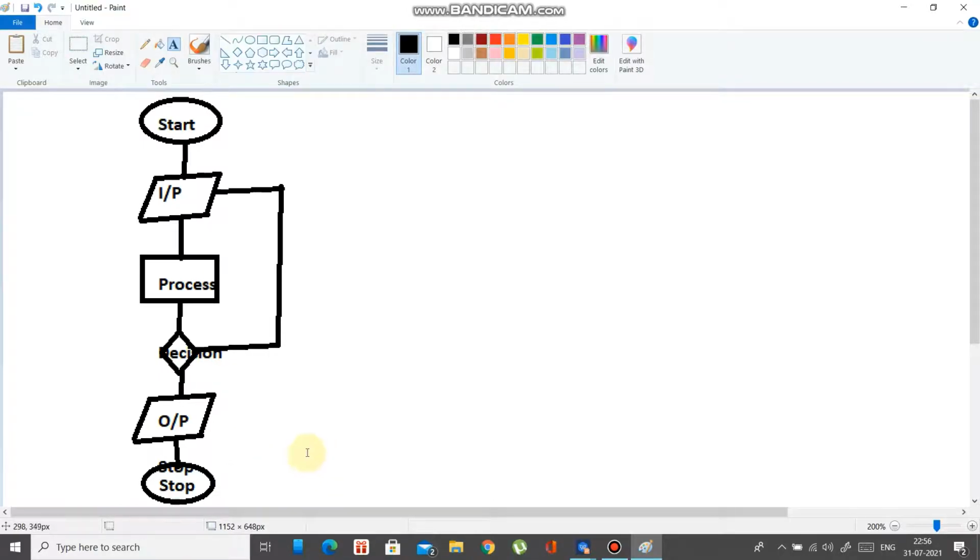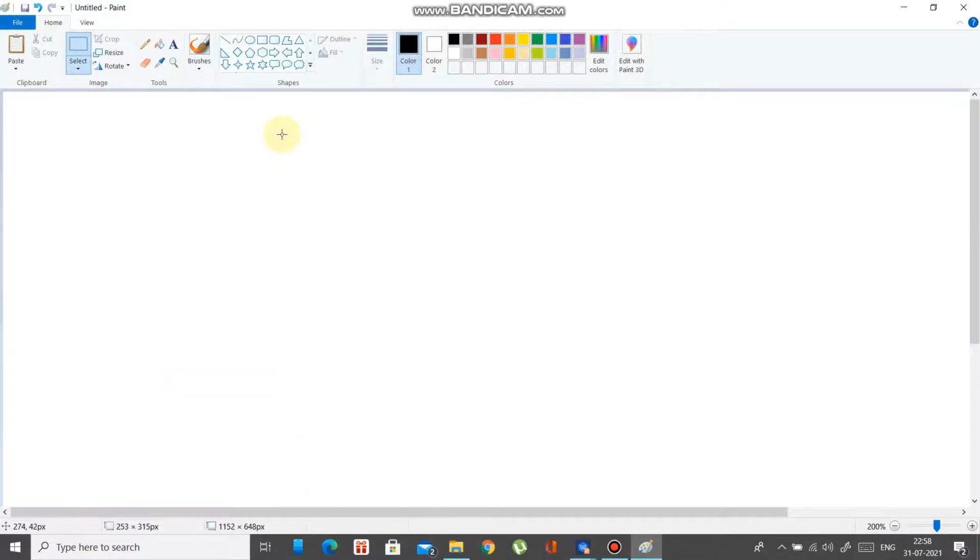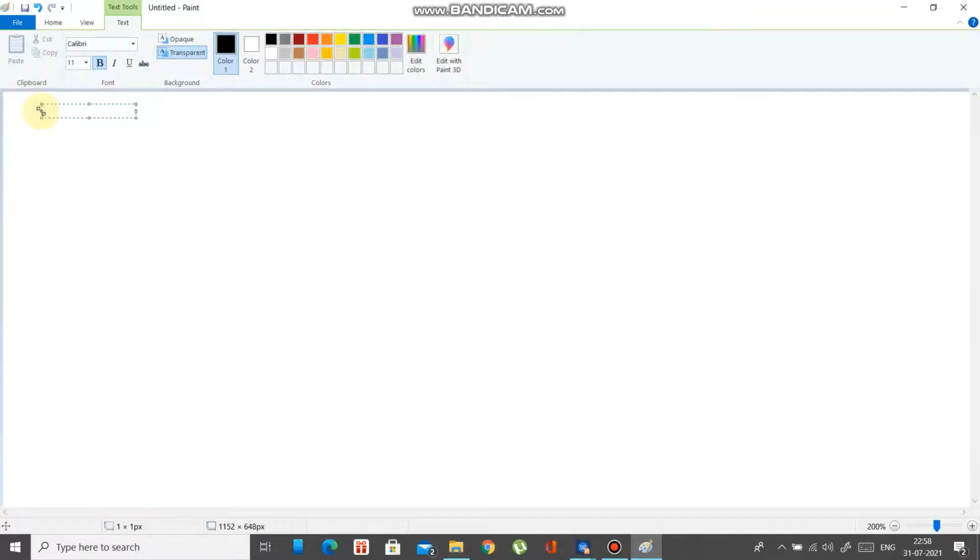So this would be the basic way to draw a flowchart. Okay, now let's take an example of how to draw a flowchart.